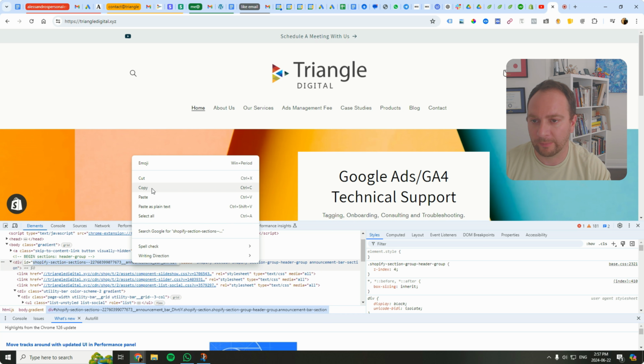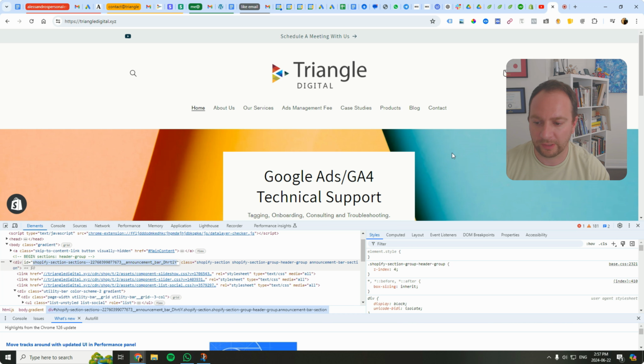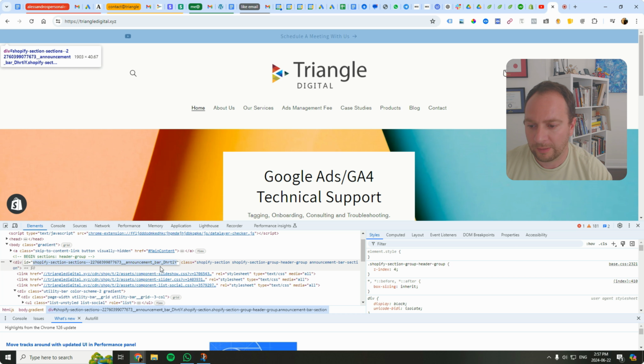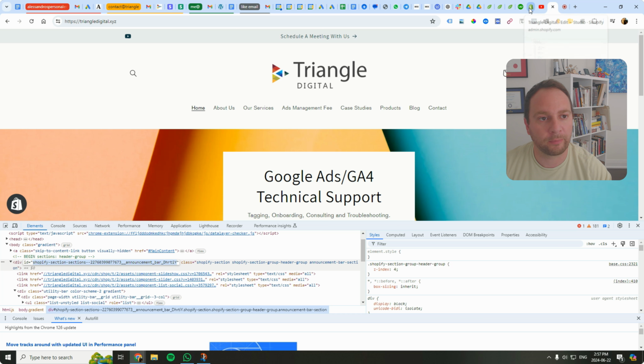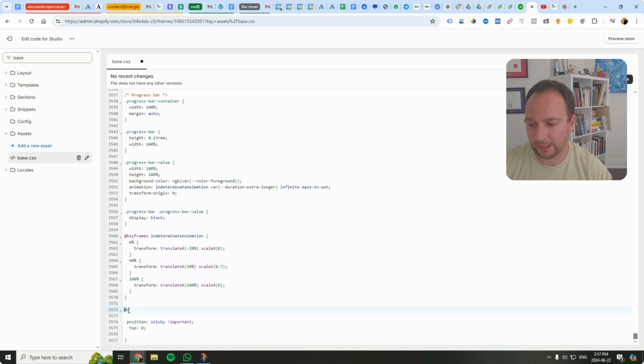That's what it is for me. I'm not sure what it would be for you. Depending on the theme, it could be different. But for me, that's what it is. So I'm going to copy that, and I'm going to go back to my CSS, and I'm going to put that after the pound sign, because I want to reference that particular tag ID for that DOM element in my theme. And then I can just hit save,